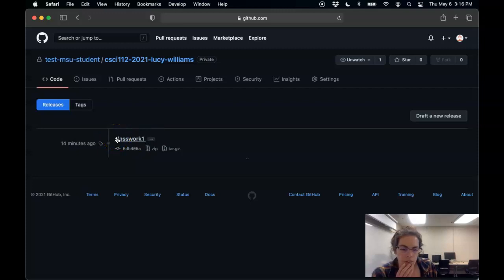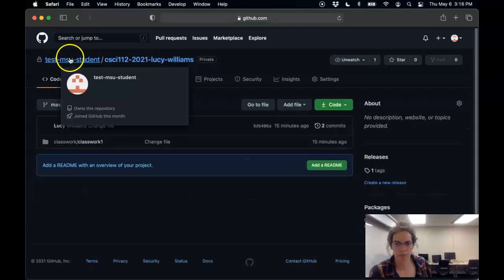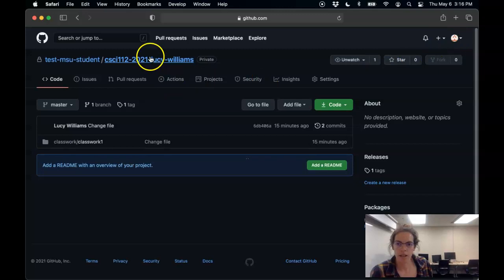So if you're ever concerned about whether you successfully pushed your tag or not, you can always check on the browser by just going into that directory. So here I am, if I'm logged in, and then I find this CSCI112 directory. First off, I'll see everything that I've pushed here, and I'll see all my tags when I go over here